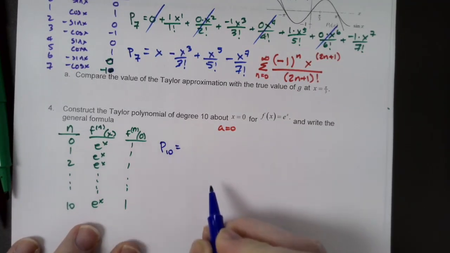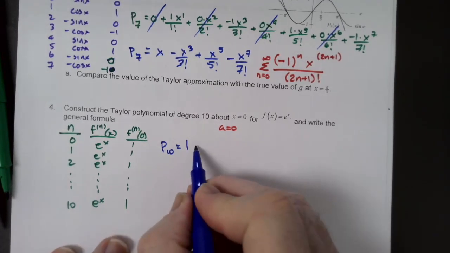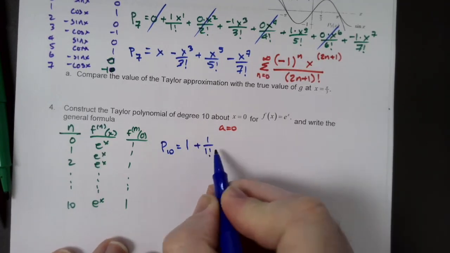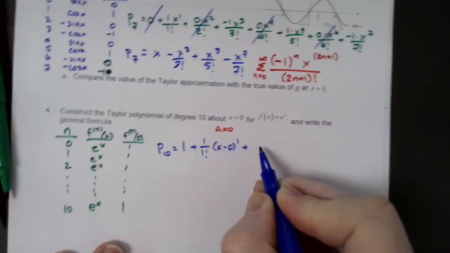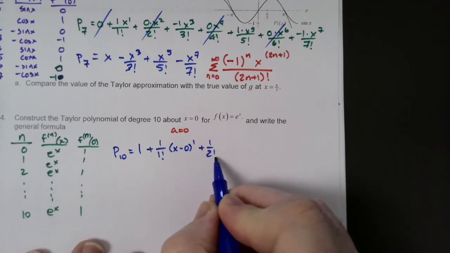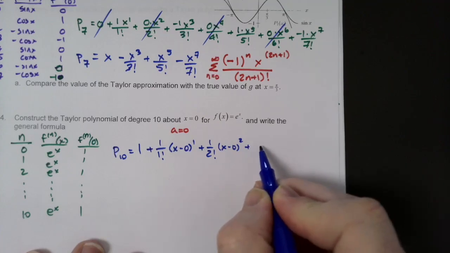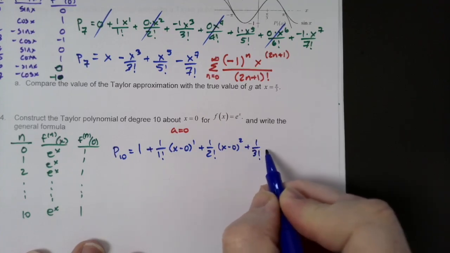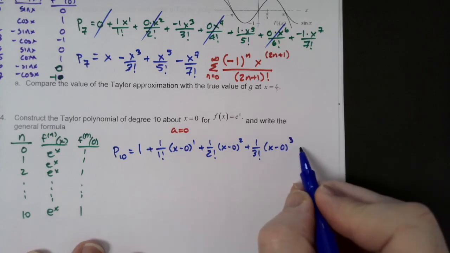So let's go this one. We start out with the actual value of 1, and then this will be 1 over 1 factorial times x minus 0 to the first power plus 1 over 2 factorial times x minus 0 to the second power plus 1 over 3 factorial times x minus 0 to the third power plus,